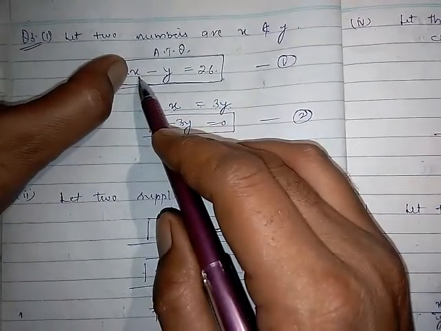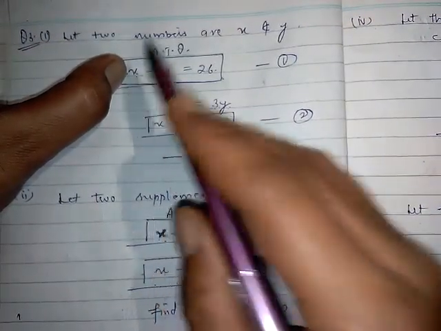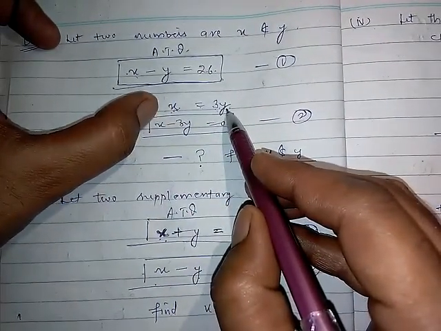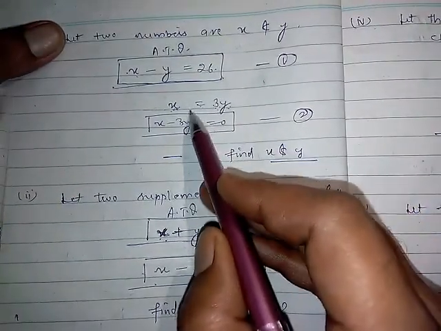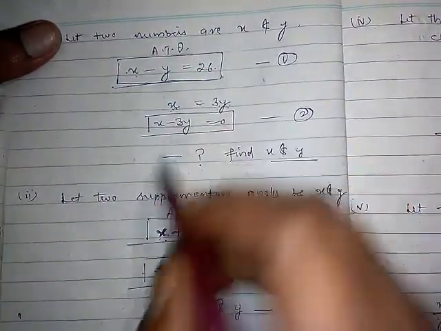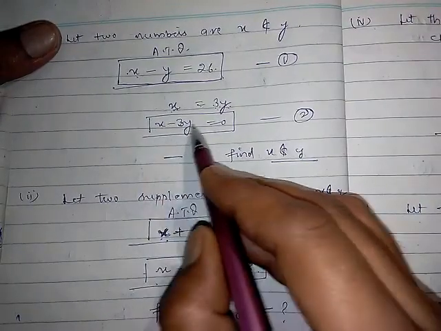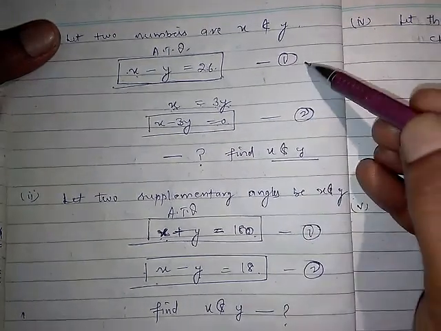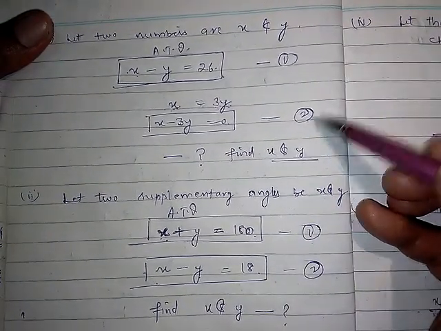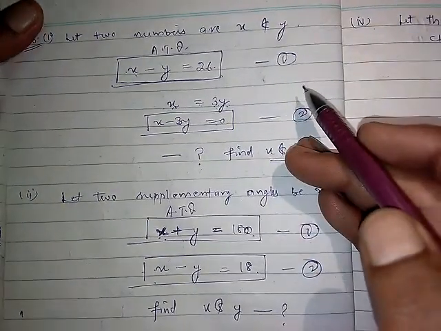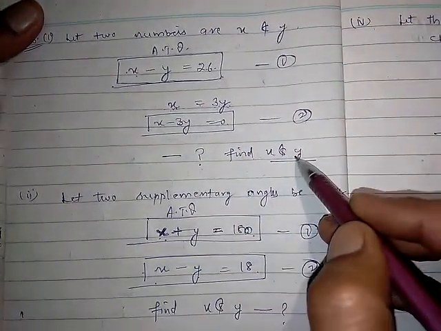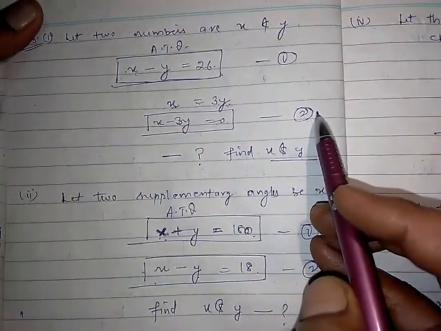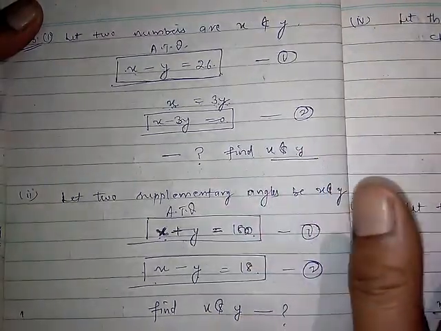After that they are saying the bigger number is 3 times the smaller one. Bigger is which one? x. That is equal to 3 times the smaller one, that is equal to 3y. So 3y will be shifted to the left hand side and become minus 3y. So ultimately you will get x minus 3y is equal to 0, and that will be your second equation. Clear? So now we have got the two linear equations in two variables. Now you can apply the substitution method and solve for x and y, and that is your work. I have discussed the formation of the linear equations, and solving is your purpose now.